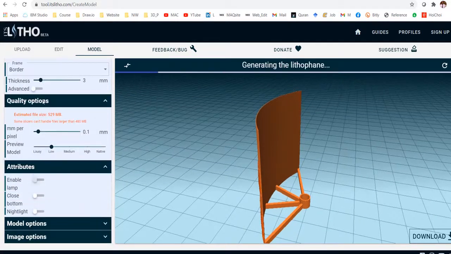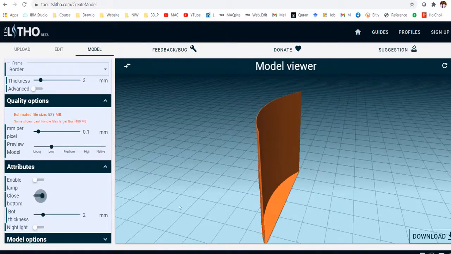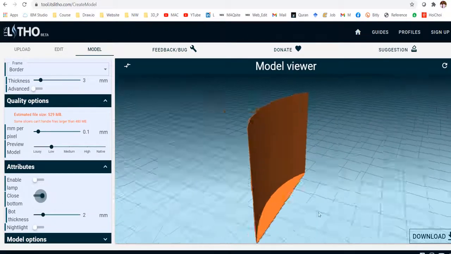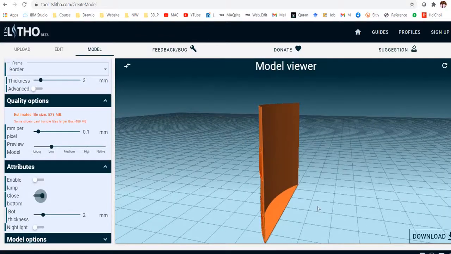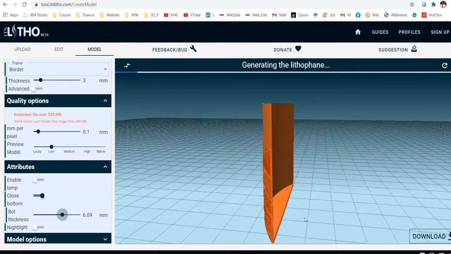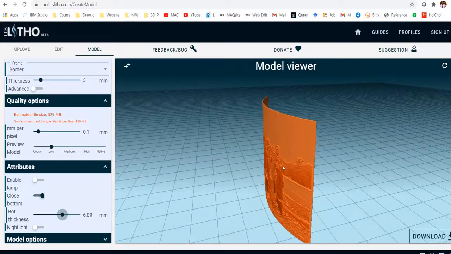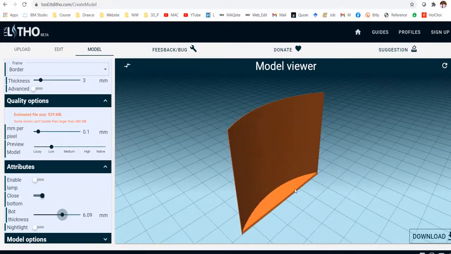Okay, now we can check the other one, close button. So this close button, it doesn't give you the light option, it gives this one, and you can increase the thickness of this one. So it will help you to extend the picture in there,